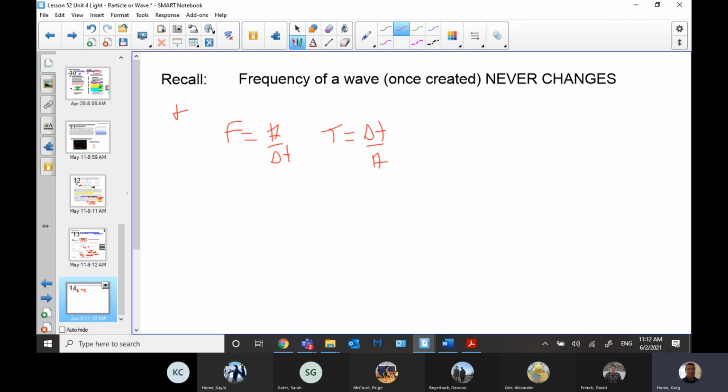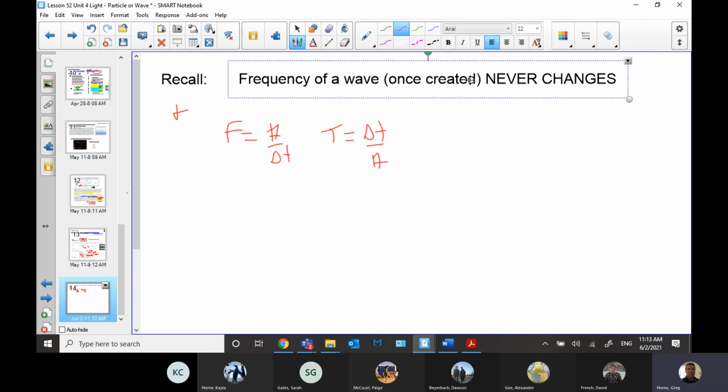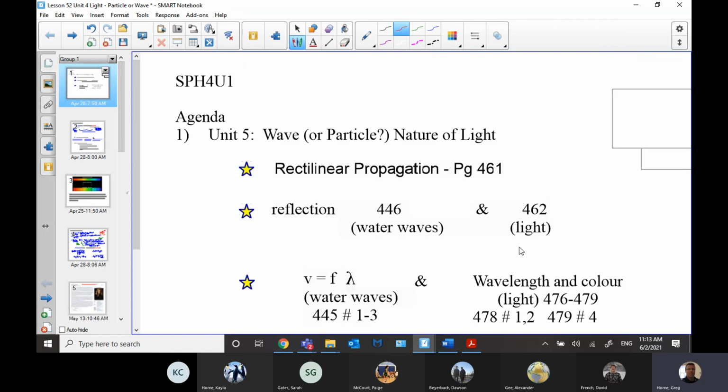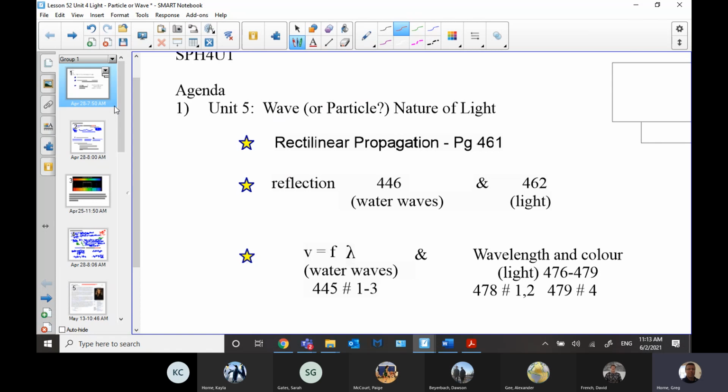It's mostly just v equals f lambda. Sometimes they'll give you questions where it's not this particular question set actually, so you might not need those directly. Later on, one that I was working on for a future lesson, they're telling us the wave has 3 waves created in this amount of time, and so on. So you're calculating frequency as well, but you might not actually need that one. So that's probably needed for this set as a reminder. It just gets you practicing v equals f lambda stuff.